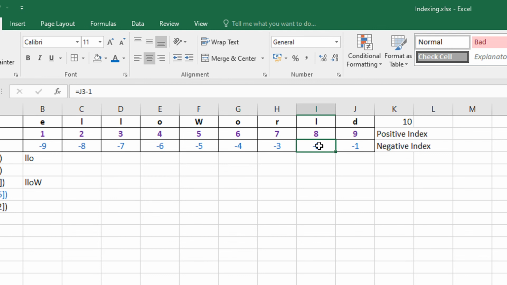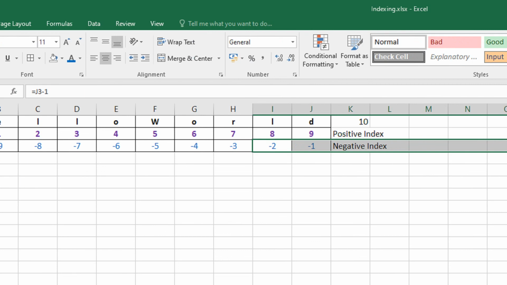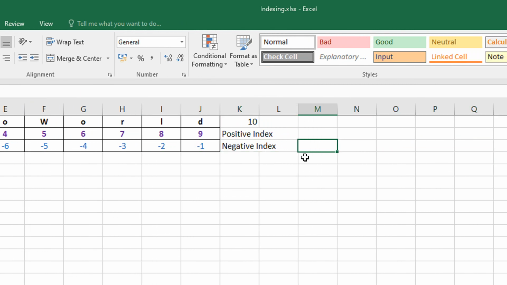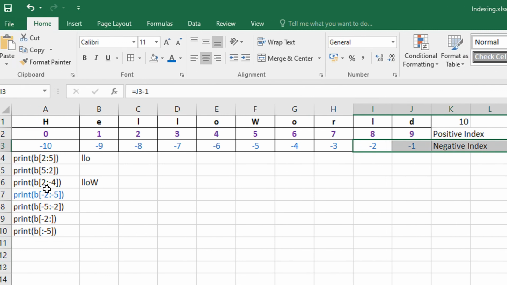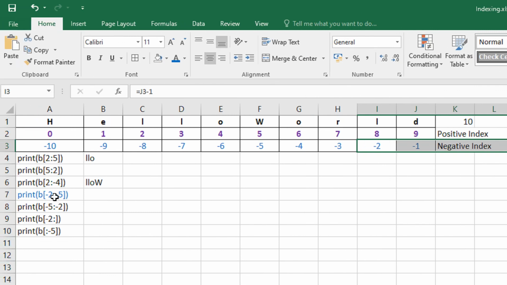So from minus 2, if I want to move towards positive side, it will be minus 2, minus 1, then 0, 1, 2 in this direction, right? This is the direction for positive infinity. In Python, indexing always moves from the start index to the positive infinity. But what is here? Minus 2 to minus 5. This is going to the negative infinity side, which is not allowed. So from minus 2 to minus 5, again, the output is blank. Same in this case also, when I was saying 5 to 2, you are going towards the negative infinity, not allowed. You can only go to the positive infinity, so blank.